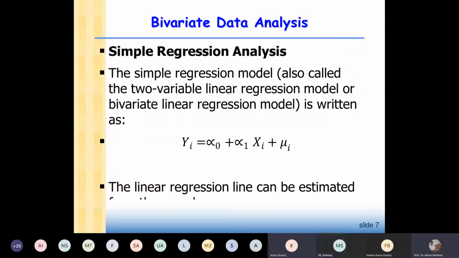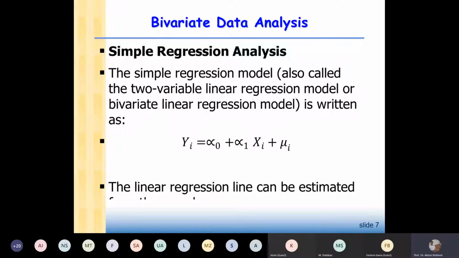Because we get the value of estimated y and this is the value of actual y. We want our estimated y to be close to the actual y, and this is possible if our values of alpha naught and alpha 1 are close to the actual values of alpha naught and alpha 1. Because the difference between the estimated value and the actual value of the dependent variable is the error term, okay,